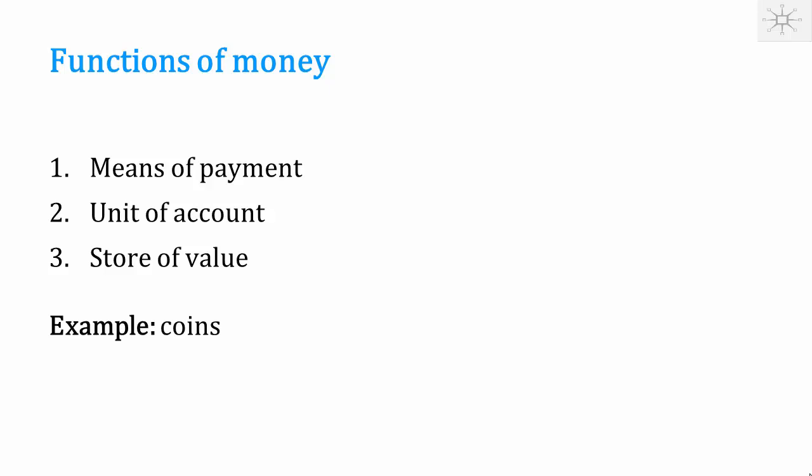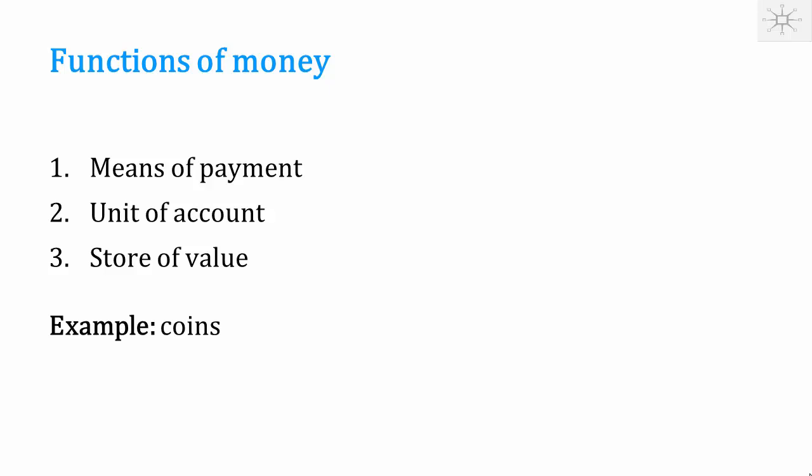Traditionally you say that money has three roles. It's a means of payment, so it's some asset that you use to pay with. It's a unit of account: prices and wages are expressed in terms of the money. And it's also a store of value, in the sense that you can save in the form of money if you want. An example of money is coins. You can use money to make payments. Prices and wages are expressed in the same units as coins, and you can save by putting your coins in the mattress.